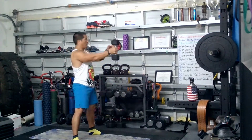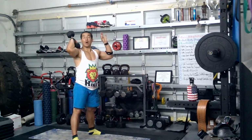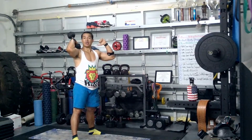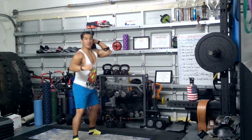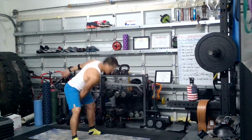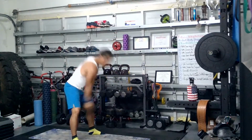Okay, now we're gonna do cleans to squat, okay? So power clean to a squat, we got 10. I'm gonna do the swing first, and I'm gonna switch arms, and I'm gonna clean with the other arm. That's gonna be 1. All right, ready? And so I'm gonna switch, and I'm gonna clean, power clean, squat, and switch. That's 1. Switch, power clean, squat. That's 2. Clean,